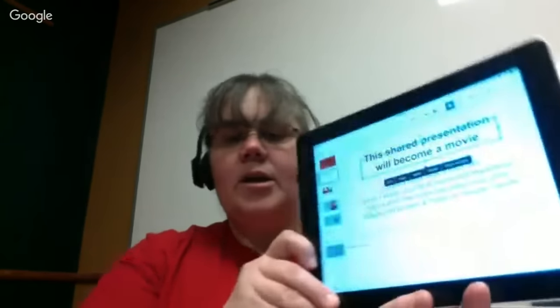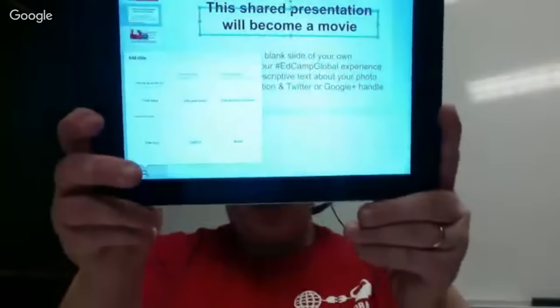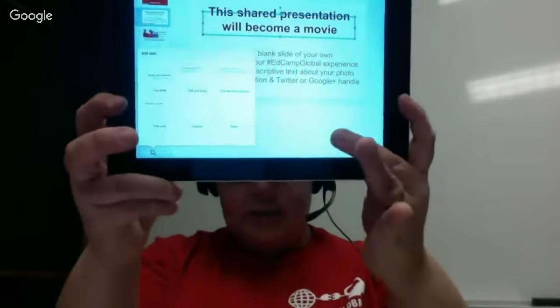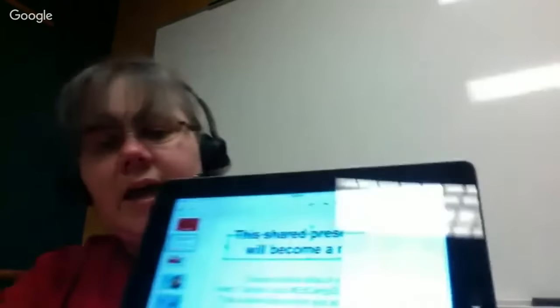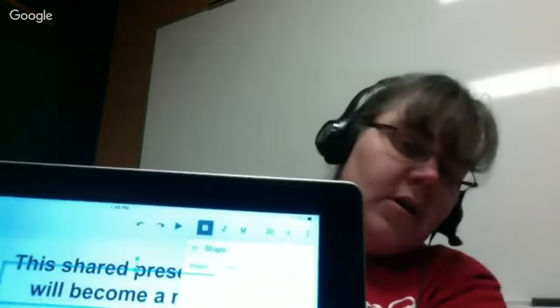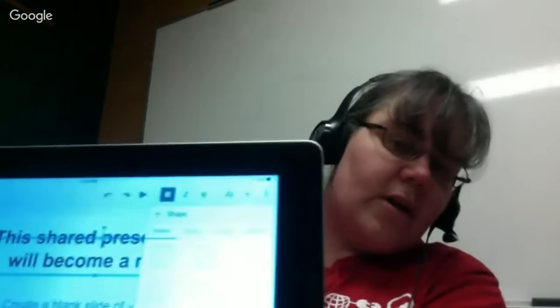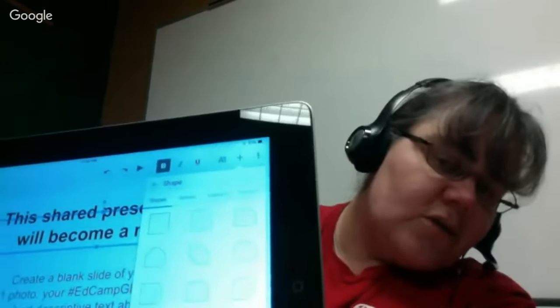So on my iPad, this is that first screen that I already had, and it's white in the background. And so if I wanted a color, in my plus at the top, one of my options is shape. And I can choose the shape that I want. So I might choose the square shape. So let me see if I can make the shape. So I'll choose that very first shape, the square shape. And when the shape comes in, I will make it the full size of the slide using the corners.